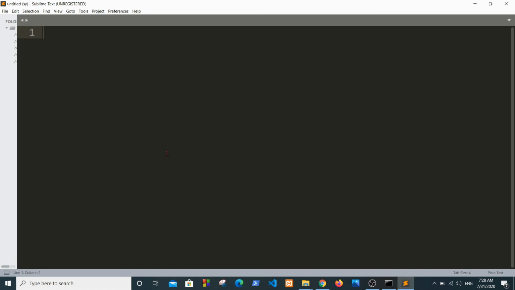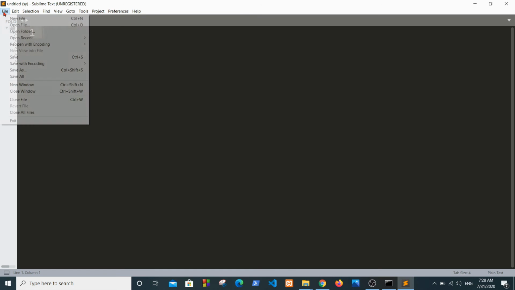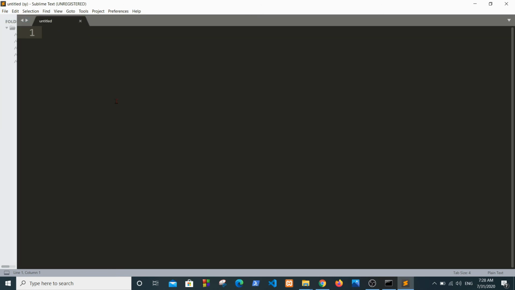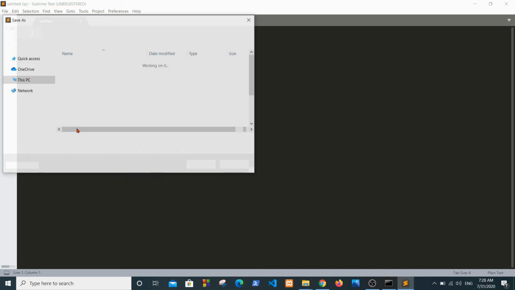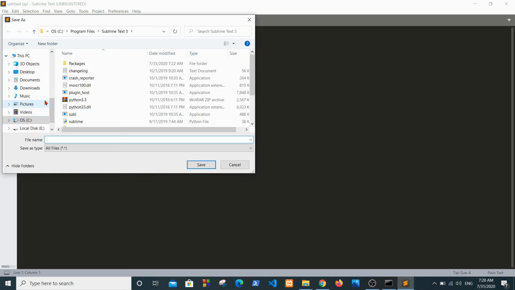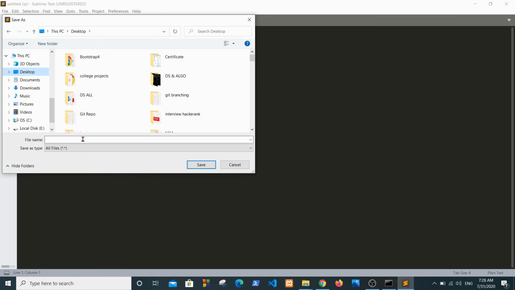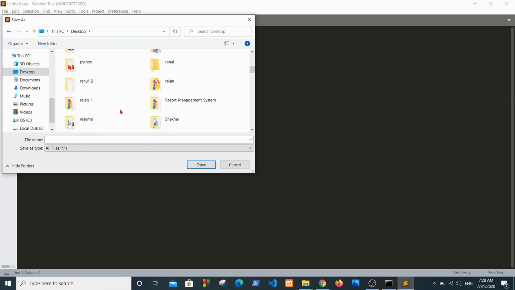Now you will get a window something like that. Create a new file. So click on file, new file. And you have to save this. Save as. I am saving in the desktop, in the Rahul folder.